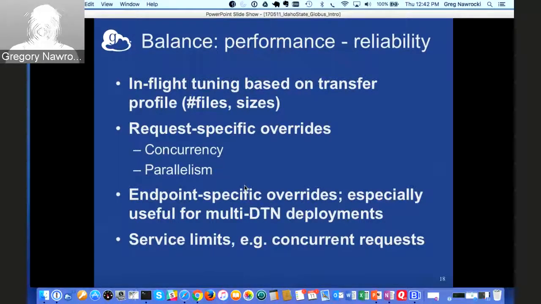And it really comes down to these two, concurrency and parallelism. Parallelism is a network level optimization. That's down in your TCP streams, and that's setting up those multiple TCP channels. And concurrency is you just take that and you do that n times. So when you have multiple files to transfer, with your concurrency set higher, you can transfer multiple files in one request at one time.